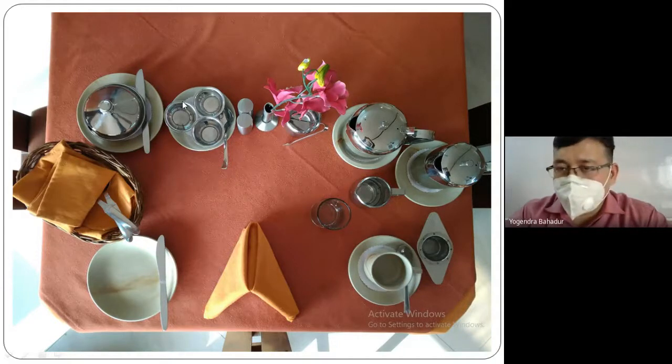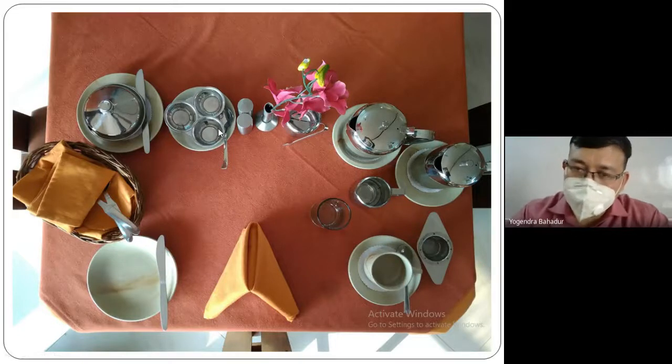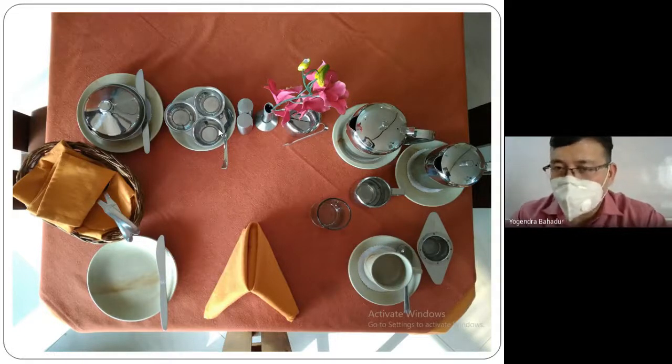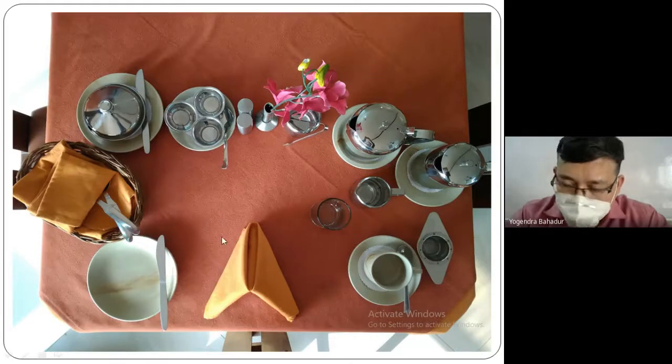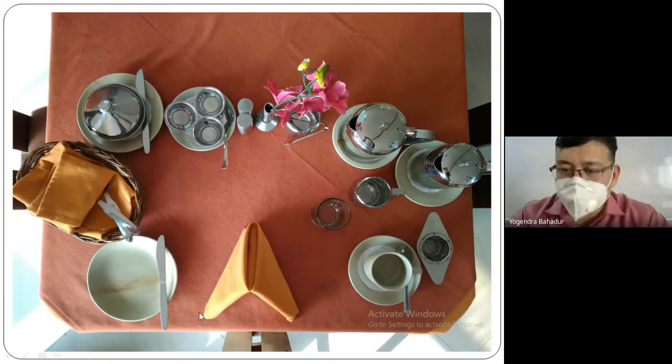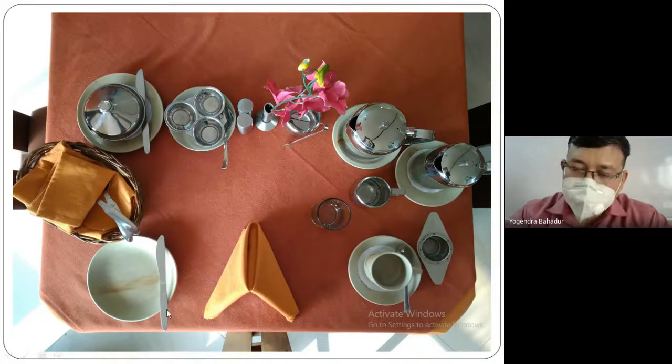Next to it, we are providing three different types of preserves, again repeating the same: jam, marmalade or honey. Along with that, we are providing the teaspoon. And as far as the basic cutlery for the center cover is concerned, just two things: the serviette, side plate and side knife.